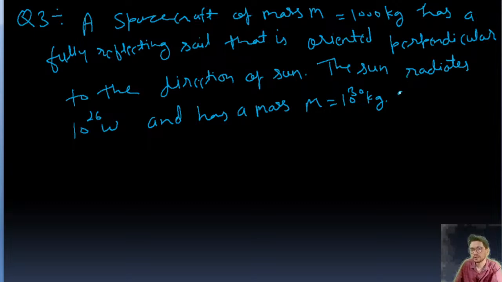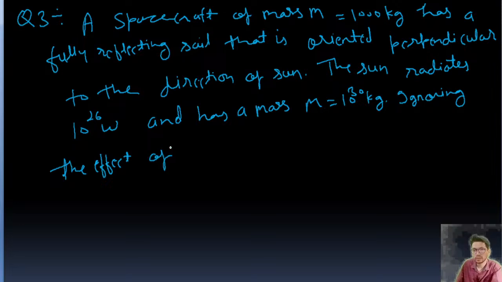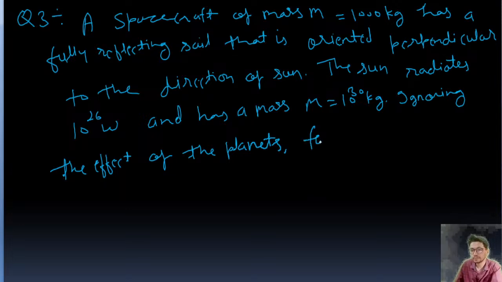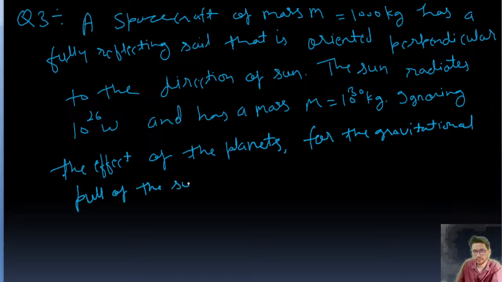Ignoring the effect of the planets, for the gravitational pull of the sun, to balance the radiation pressure on the sail,